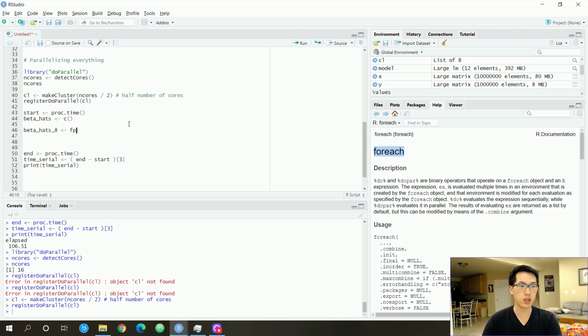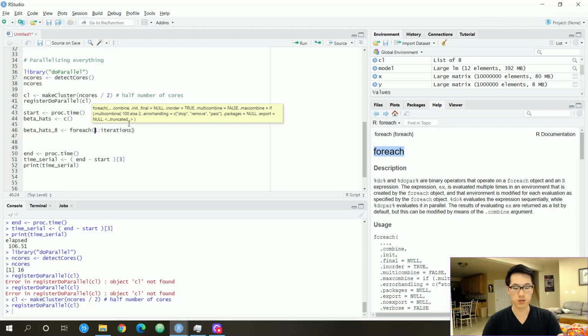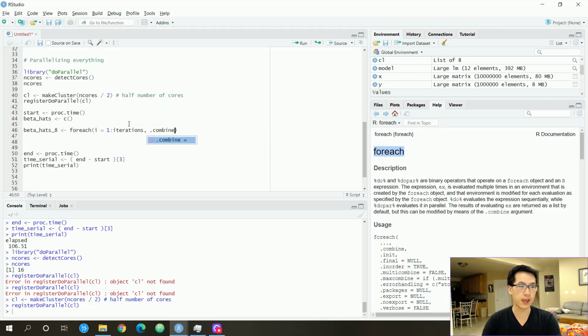I have a foreach loop, as we see on the right-hand side, and then we'll be going from 1 to iterations. Also, we want to set this, that's the index, 1 to iterations. We are going to be returning, let's do our rbind function over here. We are going to be returning essentially a matrix of all of our beta coefficients as one giant